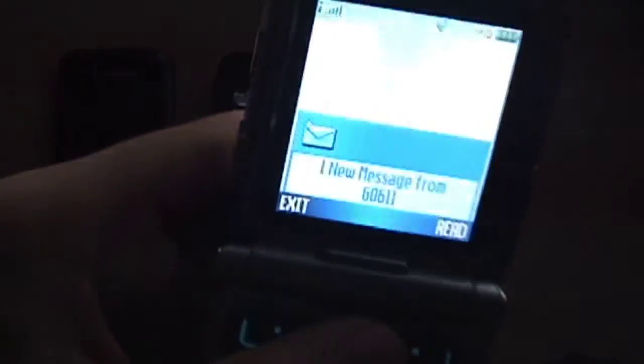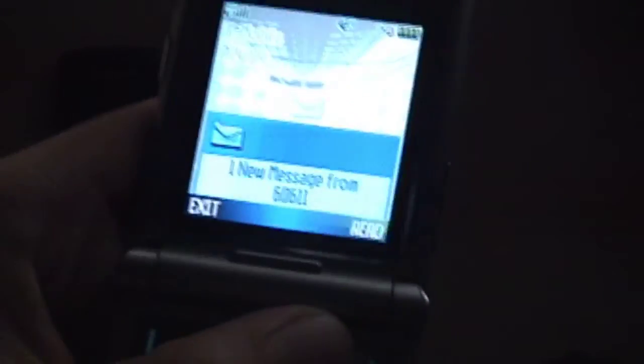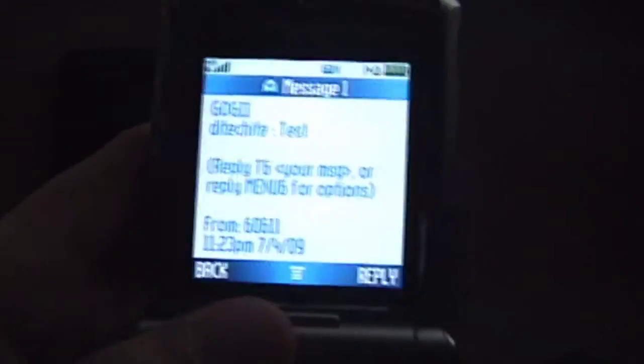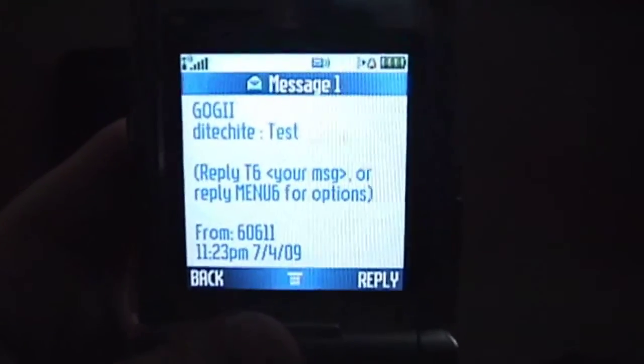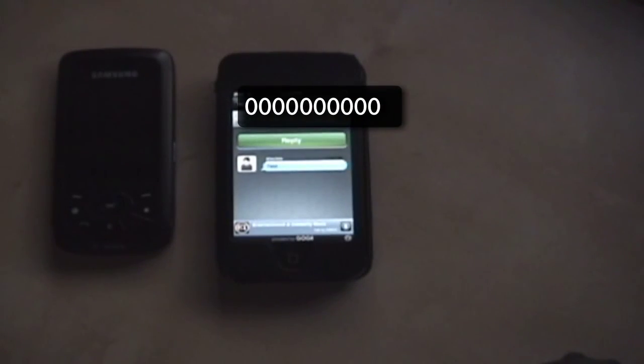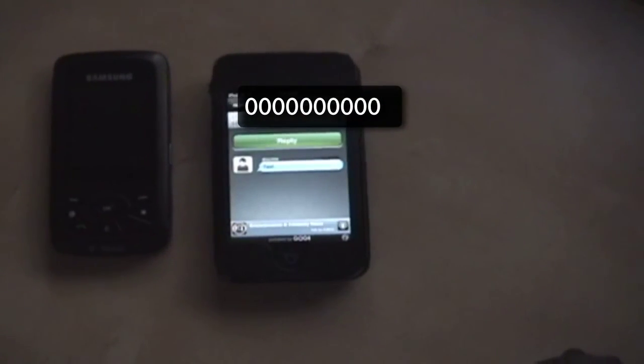Here we go, and you receive a number from 60611, or Goji. Of course, if you're smart, you'll know that that spells Goji in numbers. That sounded really dumb, but you'll get what I mean. And of course, the alias that I use, Techite, is there, and it says test. Now, you remember that I have the left phone